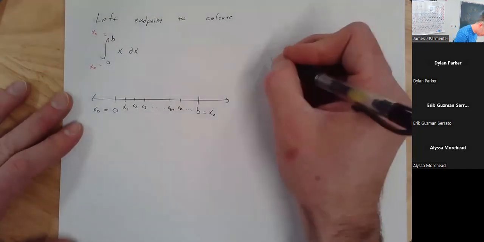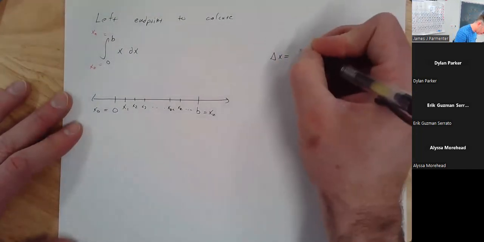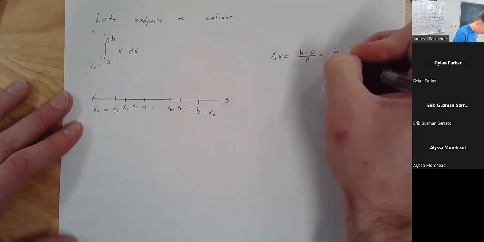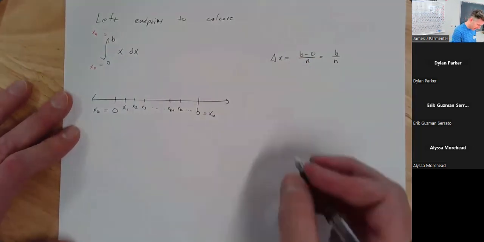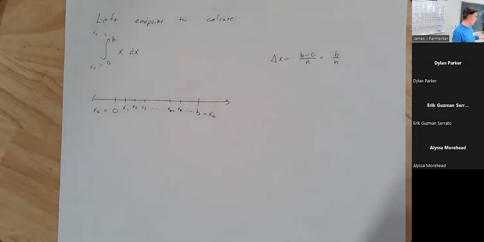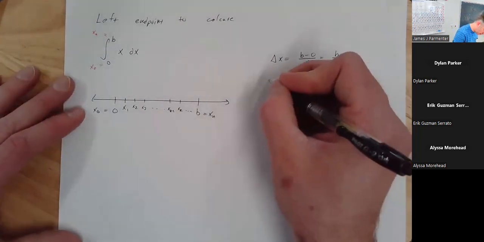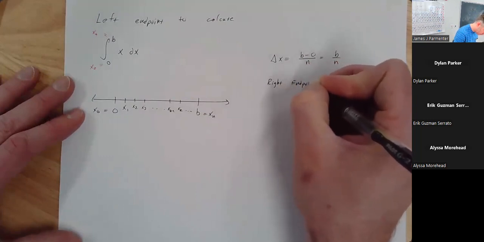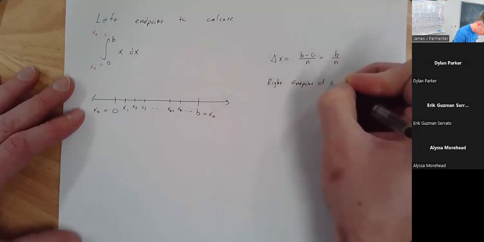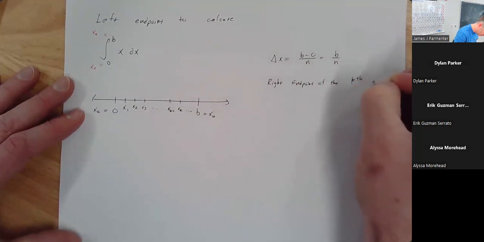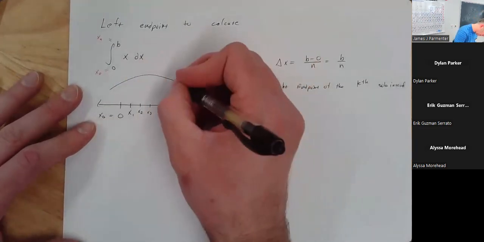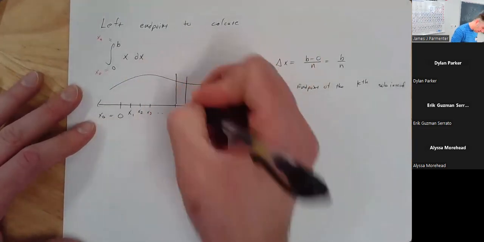So my delta x here is just going to be b minus 0 divided by n, which is b over n. And I'm going to use the left endpoint this time. So the right endpoint of the kth subinterval, well, here's my kth subinterval right here. The right endpoint is just